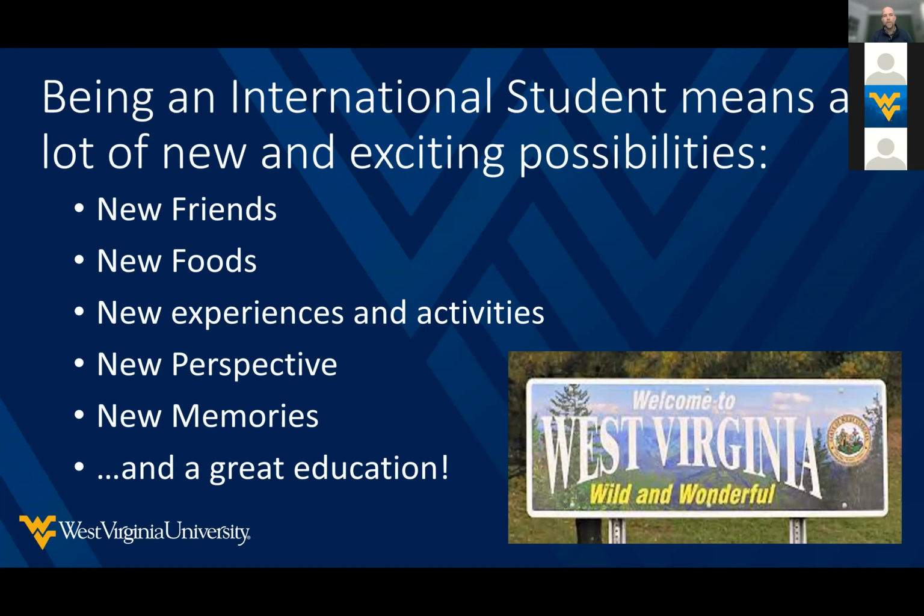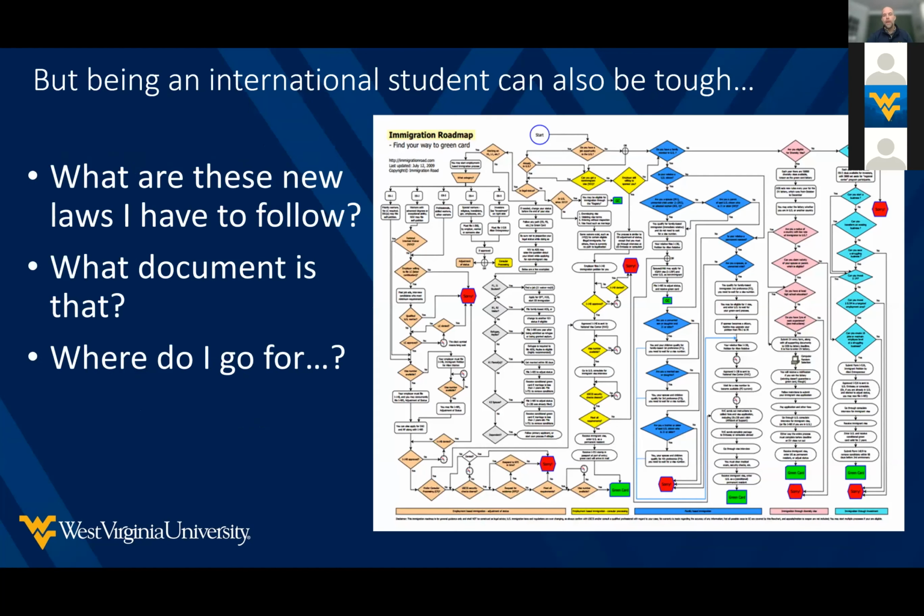We have a small town kind of feel, but also a big town feel if you can venture out into Pittsburgh or DC in the surrounding area. We have a little bit of it all. And I'm excited for you all to experience that as well. But on the other side of it, we also have to realize that you are an international student, and